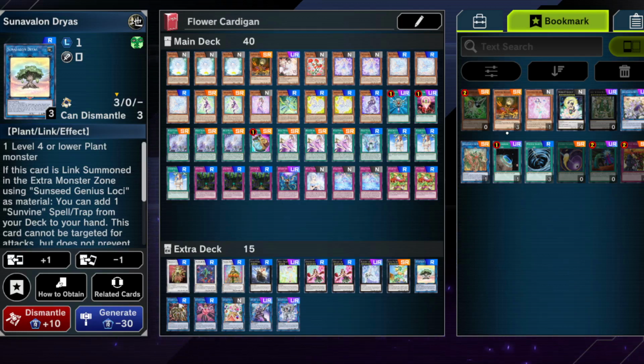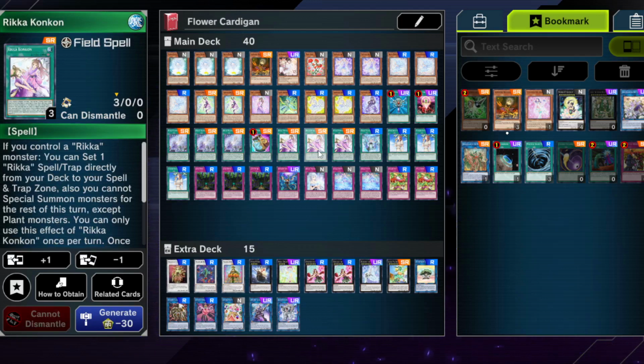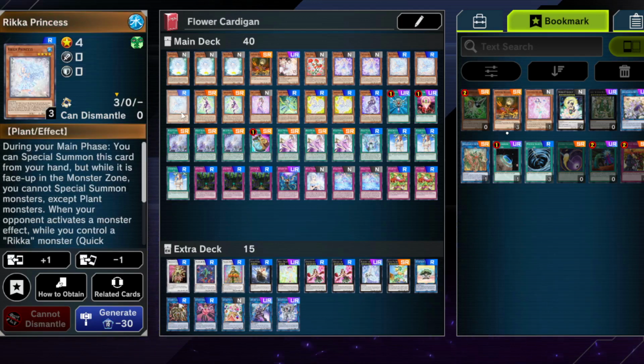Today, with the new edition of the solo gates, the solo missions, we have actually got new cards, which is new Rikka cards. Rikka Konkon, I don't know if I pronounced this right, and I don't really care. Rikka Princess as well, very, very important, very, very good cards, and they elevate the deck to new levels. I will actually make an updated version of the Sun Avalon Rikka build with this, because this is very, very